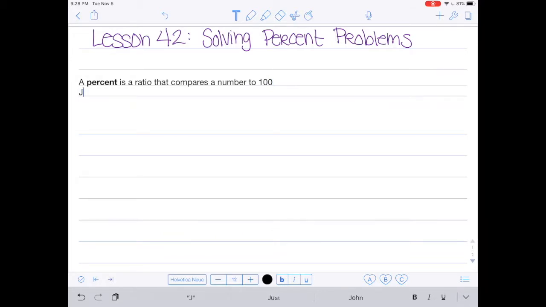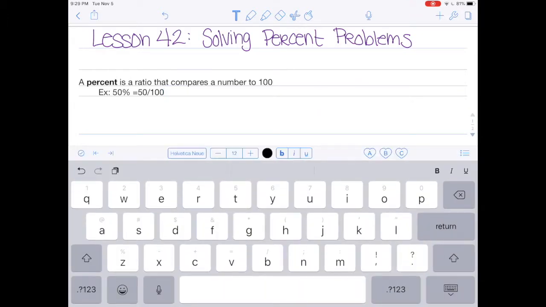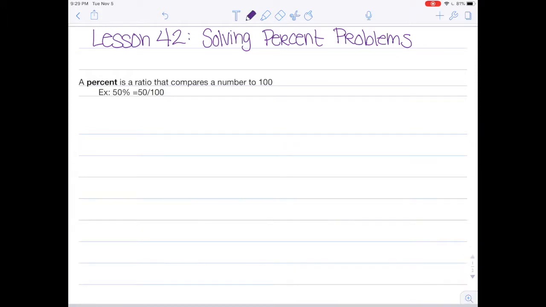So, for a quick example, if I said I have 50% of something, 50% is the same as saying 50 over 100. Okay? So, the way problems usually are put when we're doing percent problems is it says what is so much percent of a number. So if I said 25% of